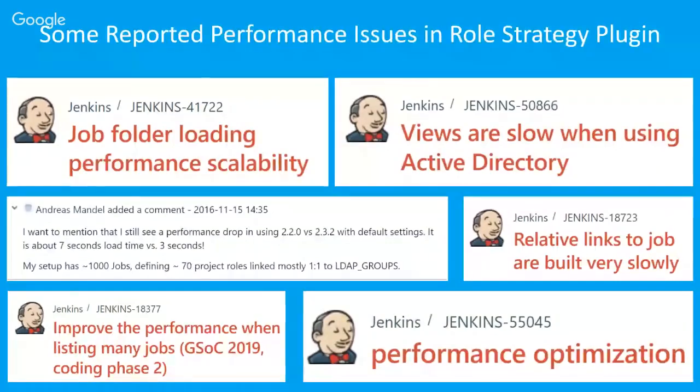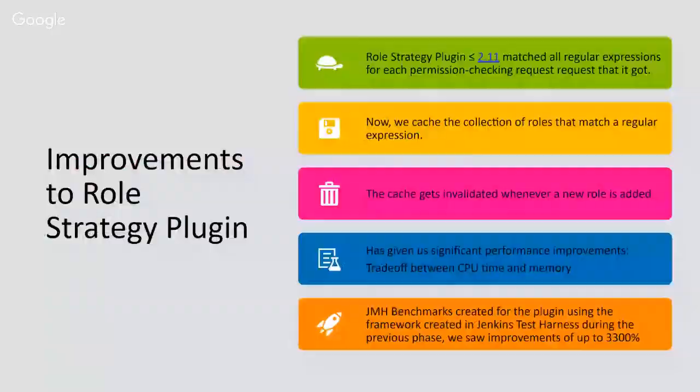The goal of this project was to improve its performance. Now, we've done a couple of things to improve the performance. The first one is, whenever the role strategy plugin got a request to find the permissions, it matched all the regular expressions. Now, to increase the speed, we cache the collection of roles that match a given regular expression. The cache gets invalidated whenever a new role is added, and this has provided us significant improvements in the